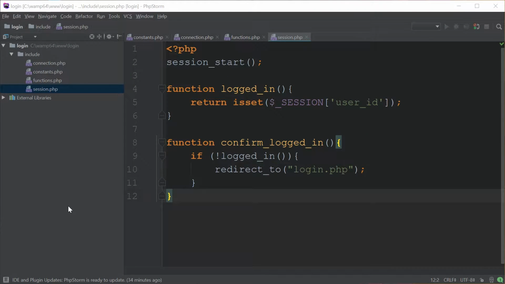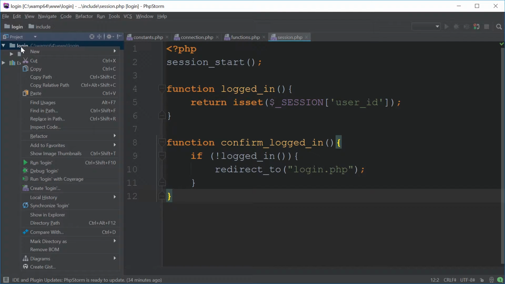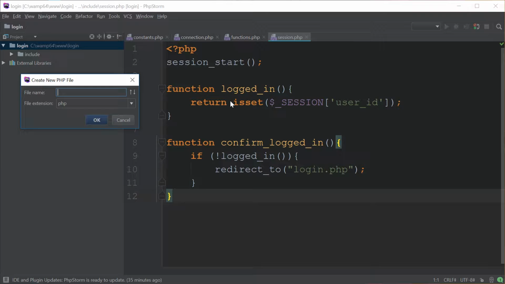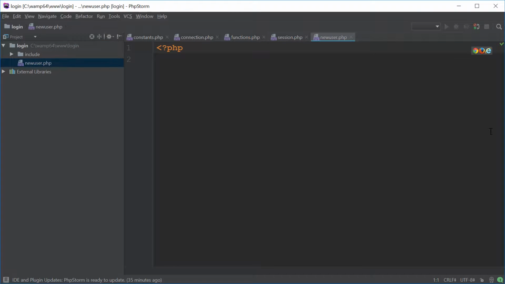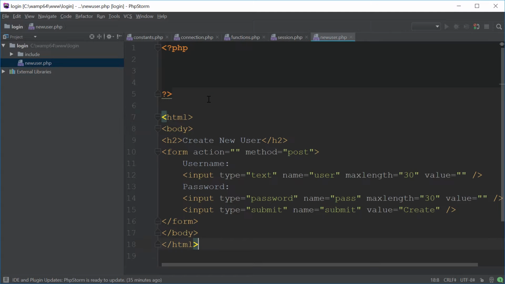So in this next step, let's build a new user creation file. Inside of our login project here in the root, we'll just close include for now. We'll right click and say new file, and we'll call this new user. Inside of this new user, I'll start out by just ending the PHP tag here, and I'll add a